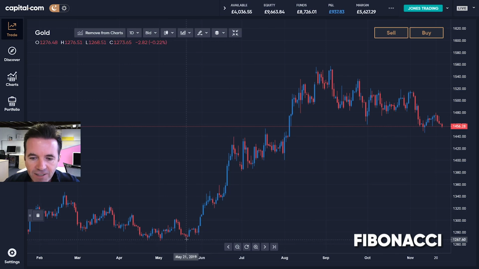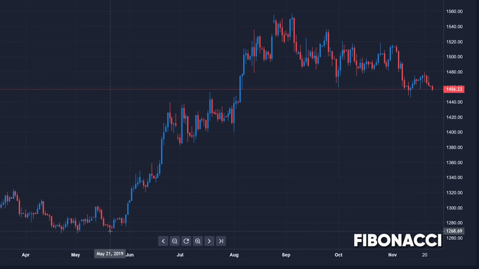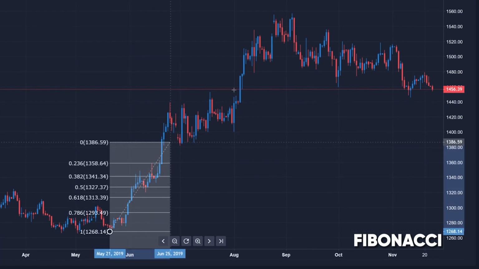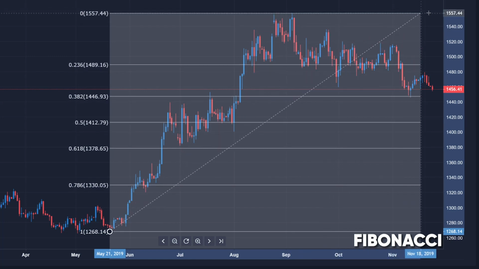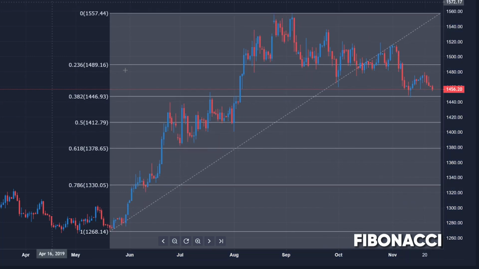So again, we're on gold. If I start with the move from the beginning or the middle of May this year, this is how we'd apply Fibonacci retracements to this rise. So we're going off the lows all the way up to the recent highs. Let me just drag that across. So there we have our Fibonacci retracement. The market's gone from about 1268 up to 1555, 1560. If the market drops back